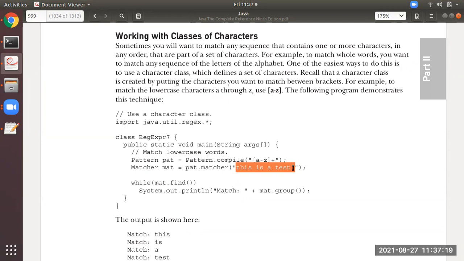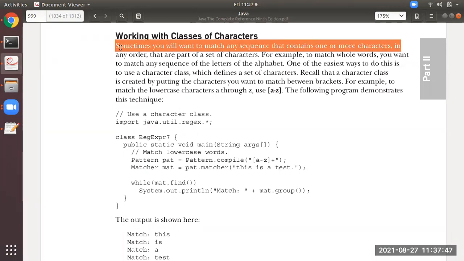We use character classes, which define a set of characters. What to do is you just specify in the pattern small a to z. From A to Z, this will be considered as one group. A will be considered as one group, and test will be considered as another group. Sometimes you will want to match any sequence that contains one or more characters in any order that are part of a set of characters.